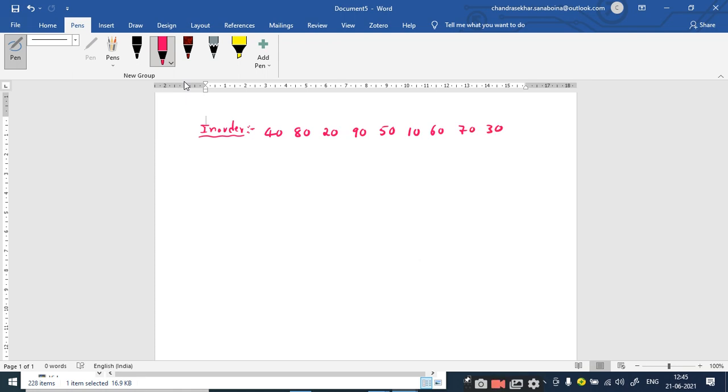Right. Now if anybody asks you to construct the binary tree from the in-order traversal alone, yes, you can construct it,